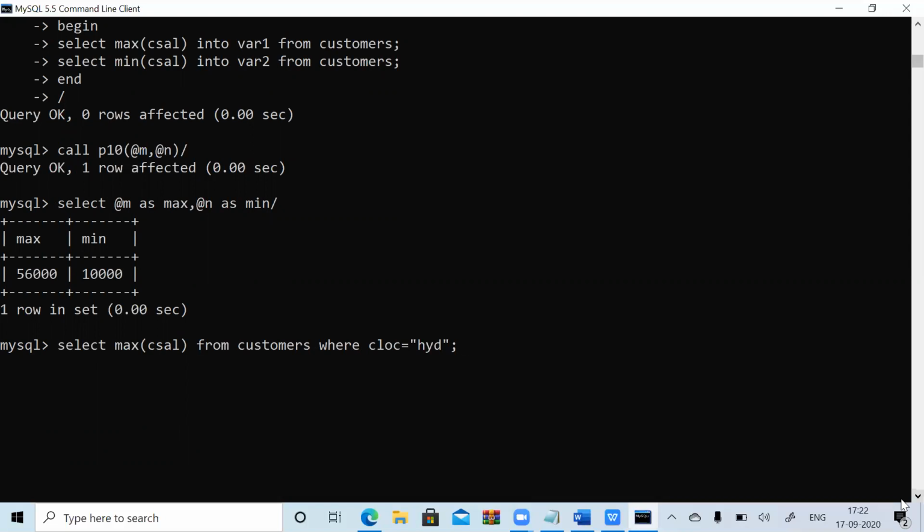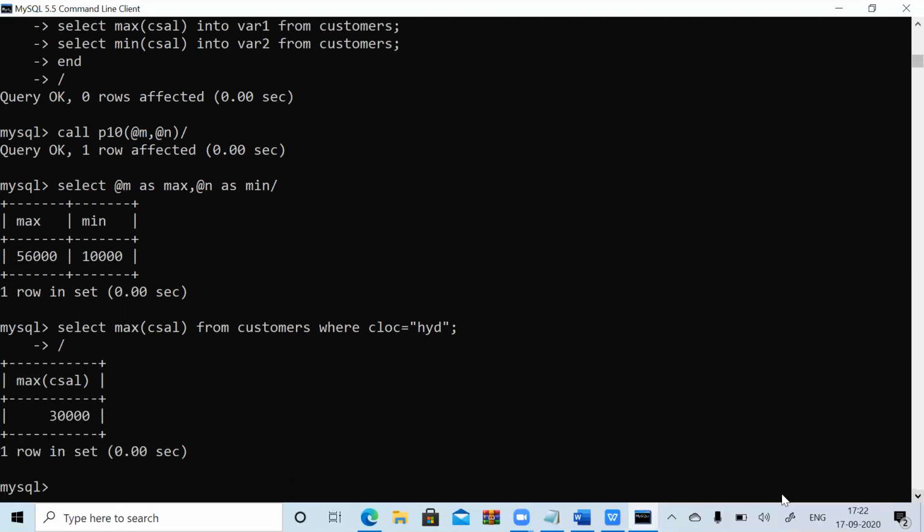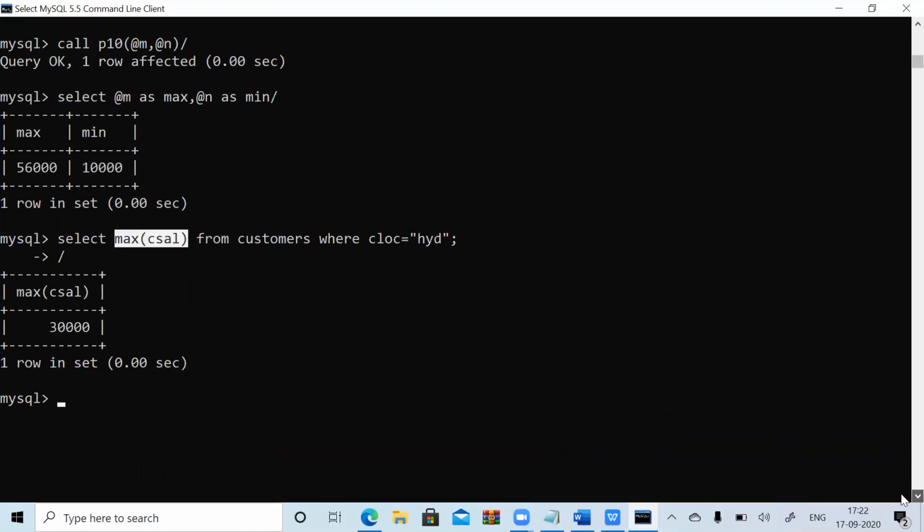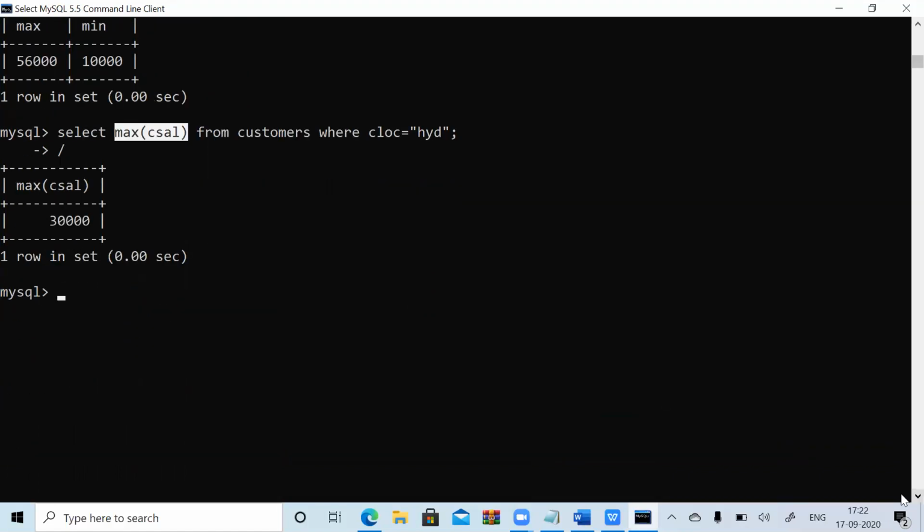Now, if you observe it, say I have to give like this, right? So here I am giving Hyderabad as an input, and I am getting output as the max of C salary, right? Nothing but a combination of both input and output, a combination of both in and out. So for that, how am I going to use it, try to check it here. Just check it, how I am going to do it.